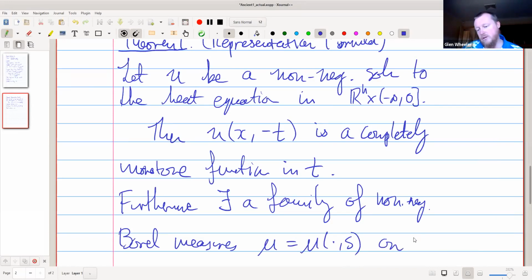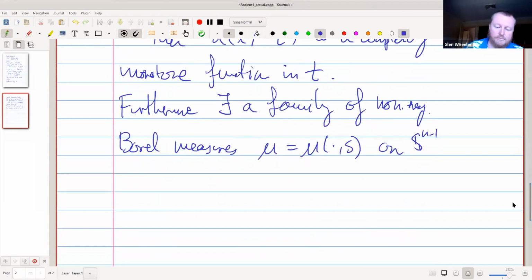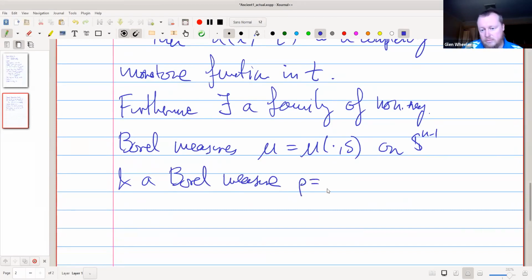These are measures on the unit sphere, and a Borel measure in time, which we call rho, and it's going to be supported on 0 to infinity, such that,